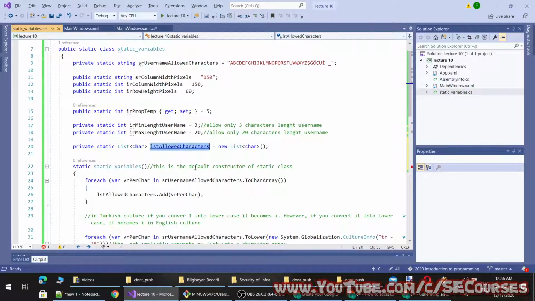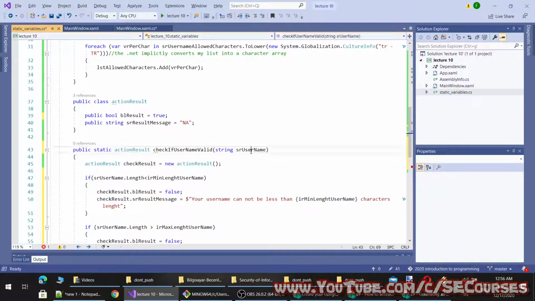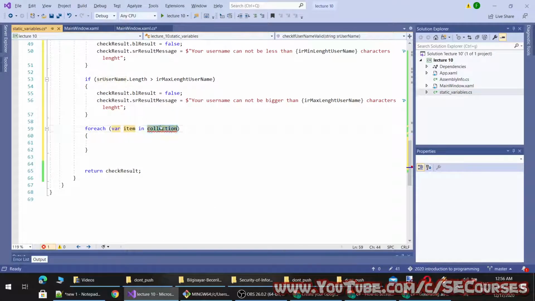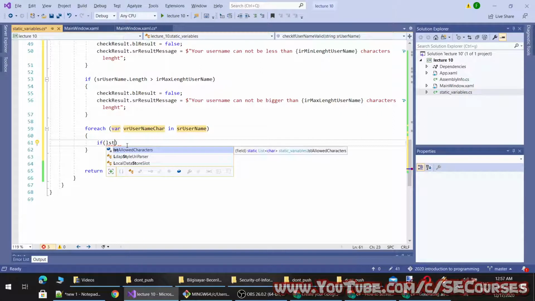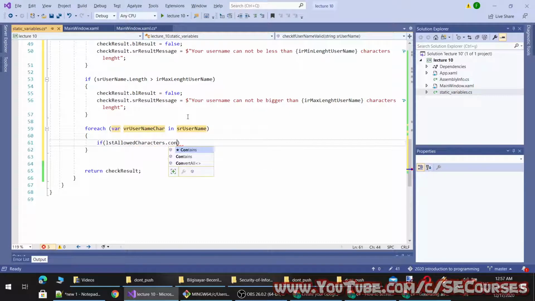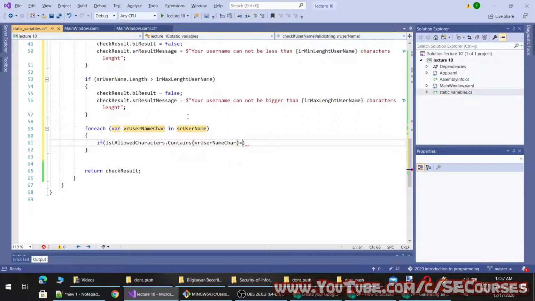And this time what I'm going to do is check every character of the username char, and if our lst allowed characters list, you see it is private by this lock item, I can understand, contains your username char equal to false.